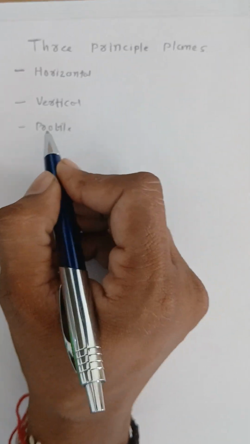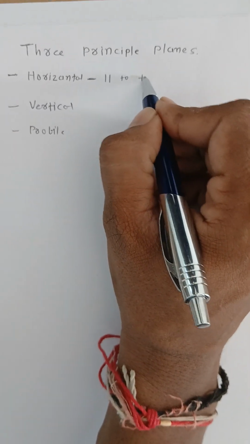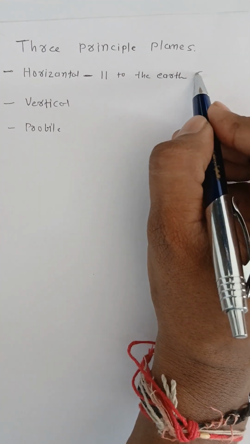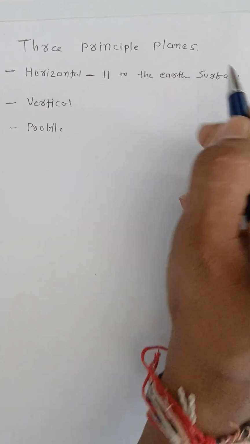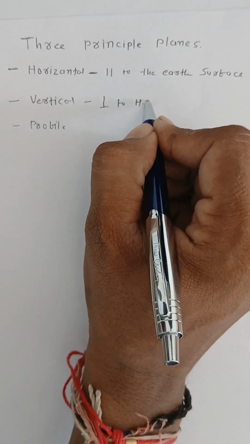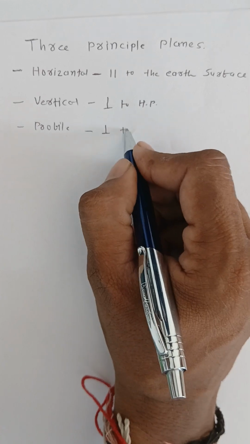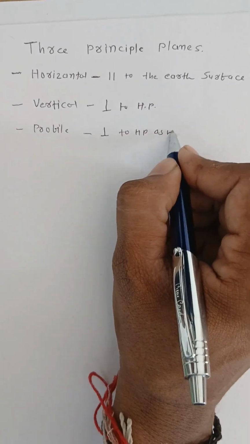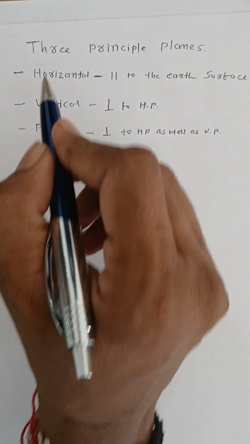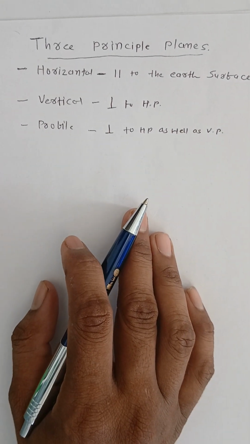If we talk about horizontal plane, the plane which is parallel to the earth surface is known as horizontal plane. The plane which is perpendicular to horizontal plane is known as vertical plane. And the plane which is perpendicular to horizontal plane as well as vertical plane is known as profile plane. Clear? So these are the three principal planes: horizontal plane, vertical plane and profile plane, on which we are supposed